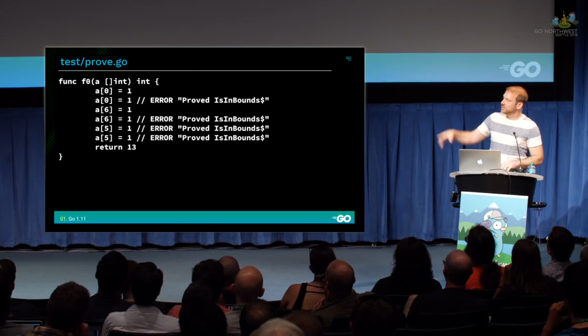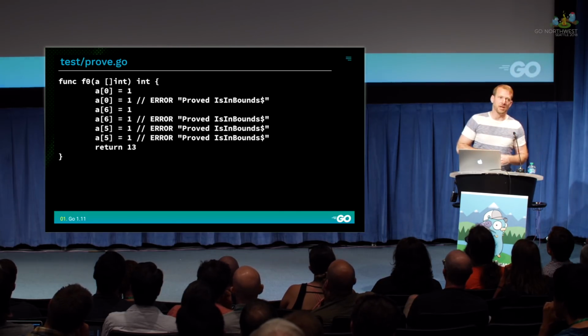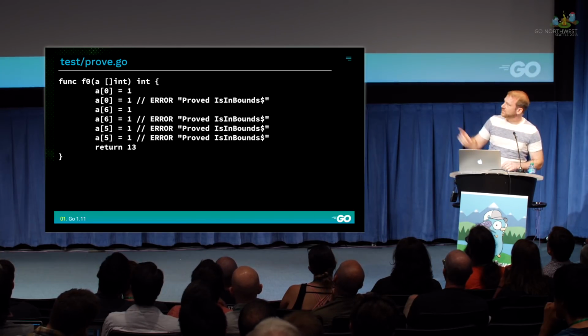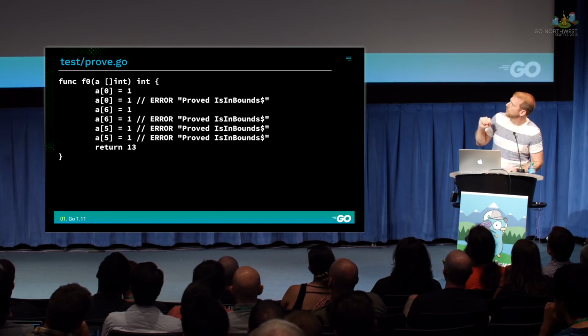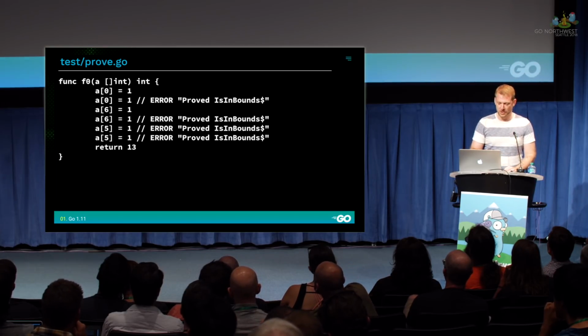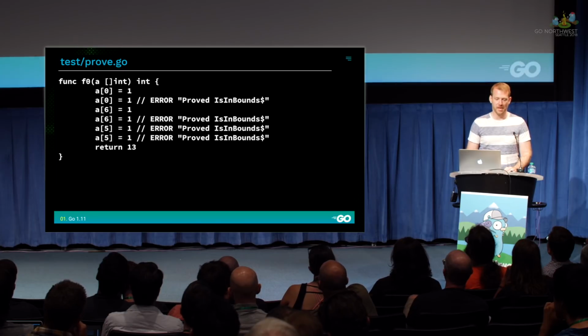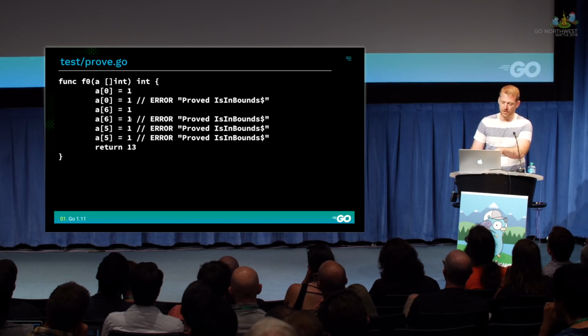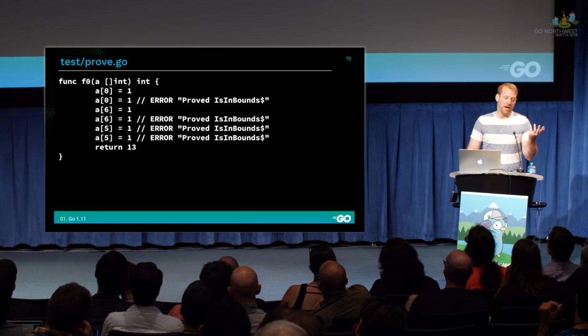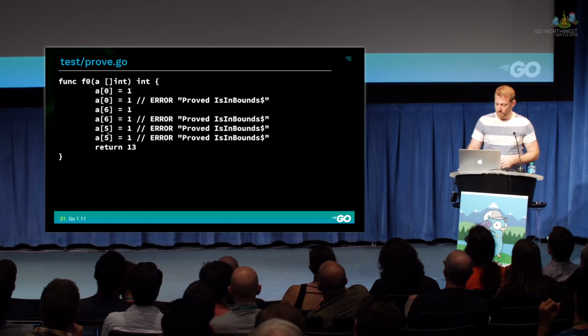And so then you can look at all the examples of things that it knows how to prove to itself in the test prove.go directory. And for instance, you can see here, the first and third line will do runtime bounds checks. But the compiler won't add the runtime bounds checks for the rest because it's proved that it can't happen. Like for instance, here, the first index 6, it doesn't know the length of the slice. But once you've already done it and didn't panic, it must be fine. And 5 is less than 6, so 5 is obviously fine.